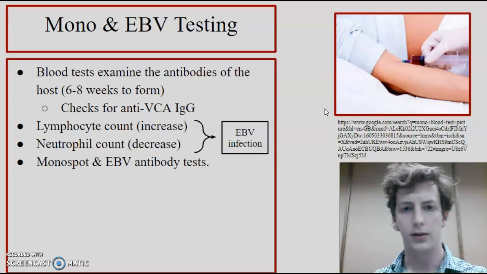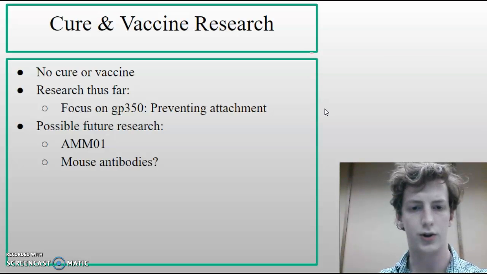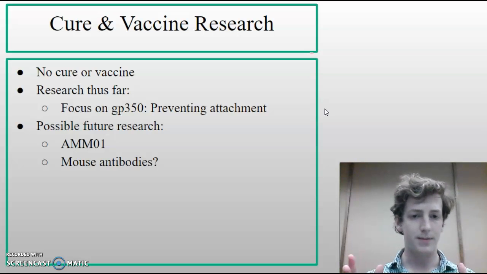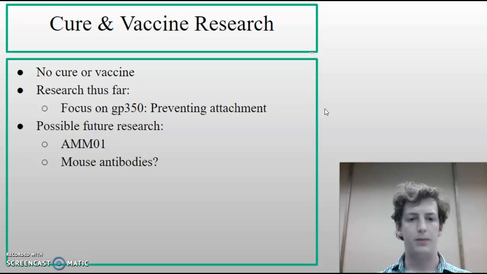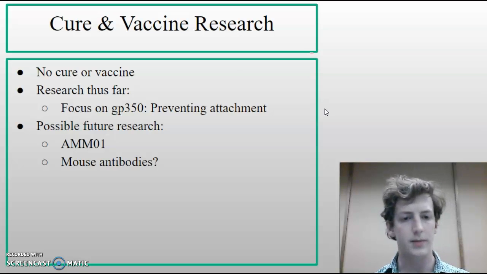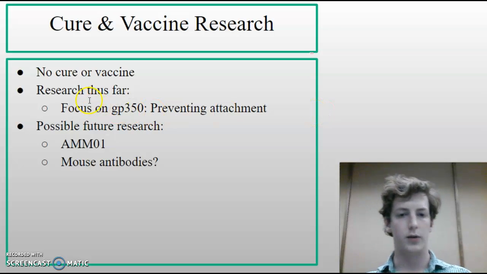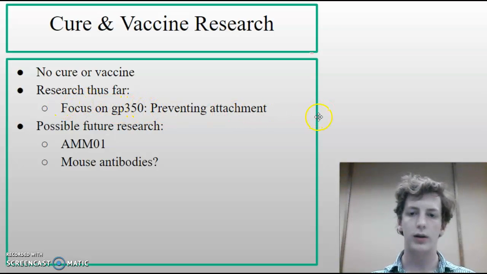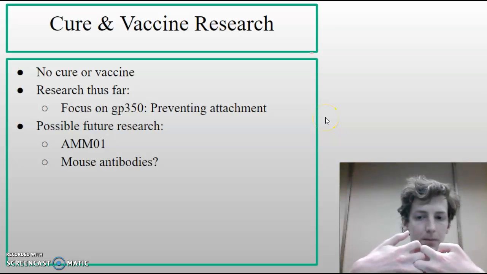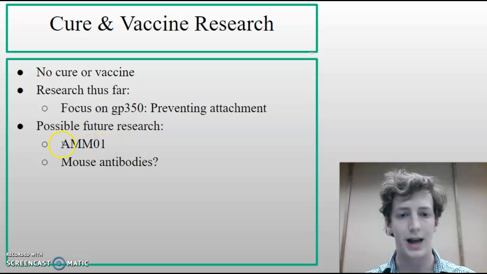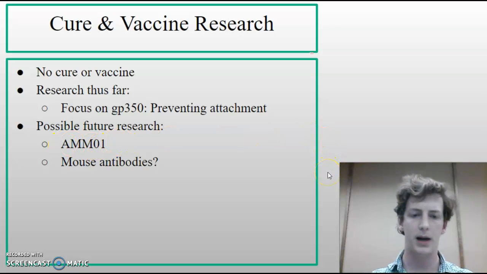Now, EBV in the blood is a lifelong infection. Is there a cure? Sadly, current research is quite conclusive here. There is no cure or vaccine for EBV. The reason that I earlier detailed GP350 and its role in EBV attachment to the B cell is partly because it's interesting, but it's really because it is important. That's where research has been focused for the past few years. It's been focusing on GP350 because if you can prevent attachment of EBV to the B cell, then you prevent infection. Problem solved. But possible future research may include research into AMO1,